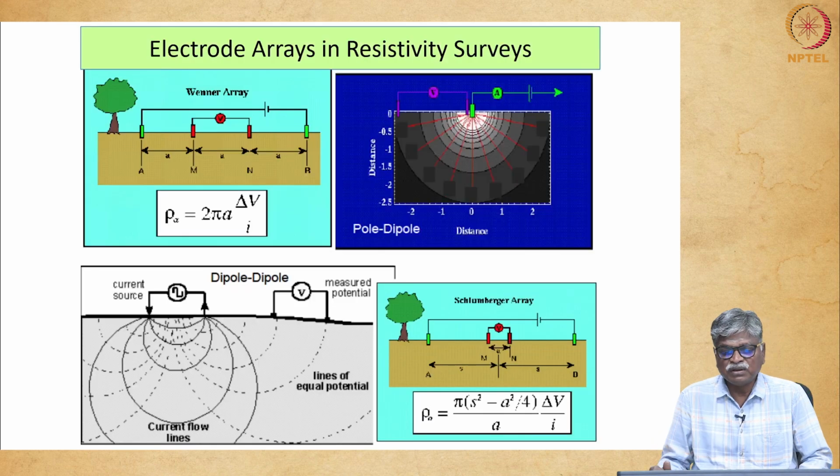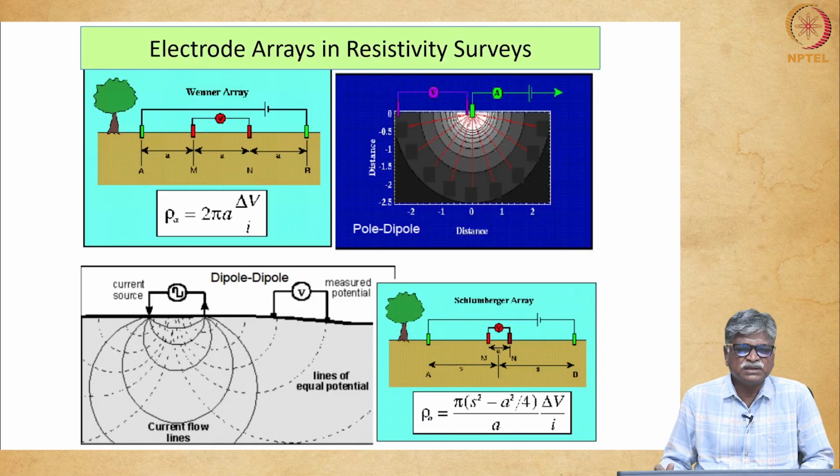And the off-Schlumberger is also there, where the space is not available. Suppose a farmer or any householding people want to put a borewell in the corner of the house or the corner of the plot, then we cannot spread both sides. At that time, what we have to do is the off-Schlumberger, the pole-dipole. That is called the pole-dipole. That is also possible. Then people will ask, if you are doing the off-Schlumberger, what is the